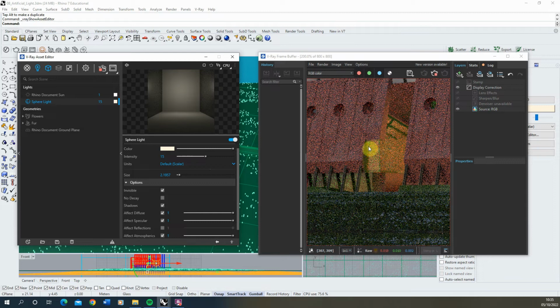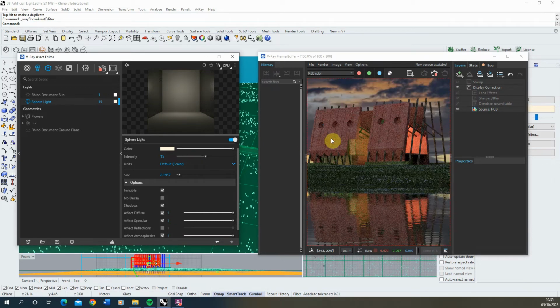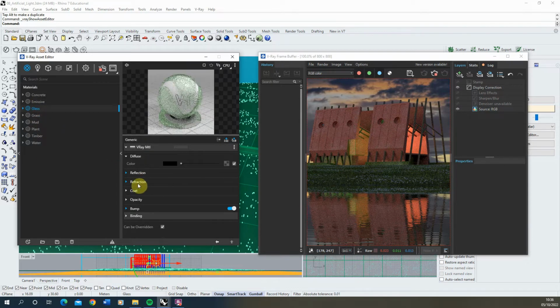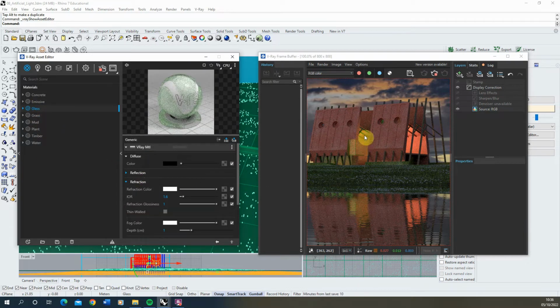It might be now that with the glass it's not quite looking as green as I want it, so you might find when you add in your lights you might need to go back and change some of your material properties in order to work correctly with these lights you've added. For this particular glass here, I'm just going to go back to my materials, find my glass, like so, and under the refraction, because at the moment when it becomes see-through with the light behind, it loses that green colour,